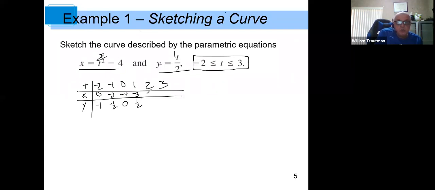Plug in 2, you get 0. Plug in 2, you get 1, and plug in 3. 3 squared is 9. 9 minus 4 is 5. Plug 3 here, and you get 3/2. So this is the